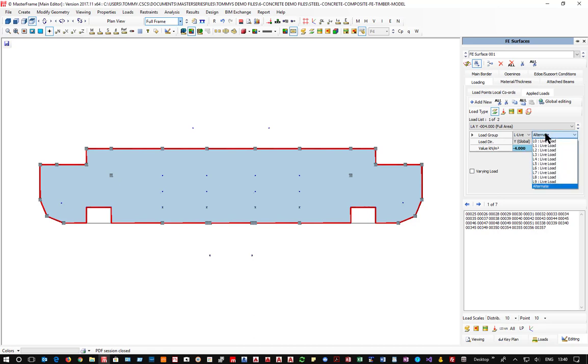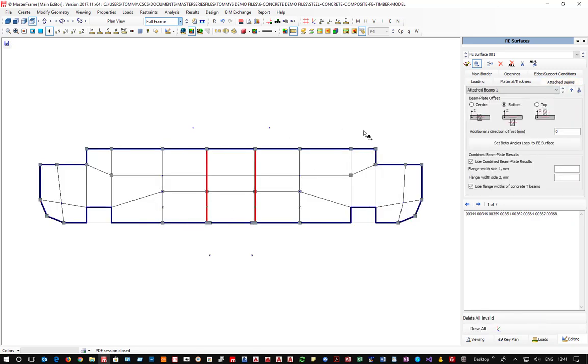which is an alternate load set. So rather than saying it's in load case 1 or L1 or L2, it's load case alternate. So it now knows to look at that pattern I had defined earlier and go and do its loading. This will all be apparent very shortly when we look at the results. And I've put on an additional dead load of 1 kilonewton as an additional load, and that will be patterned as required. So now, last thing I've done, just to demonstrate, is I've created 2 attached beams, and I've said